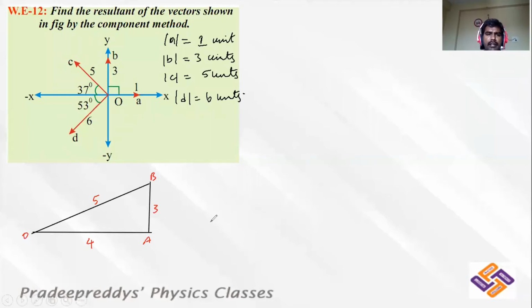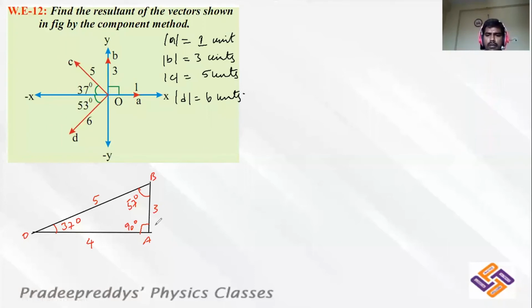If you have a right angle triangle whose sides are 3, 4, 5, such that the smaller side is 3 and the hypotenuse is 5, in such cases the smaller angle of this triangle will be 37 degrees, and the larger angle is 53 degrees. And this is, however, 90 degrees. Now this is the fixed triangle with sides 3, 4, 5. If the sides are 3, 4, 5, then the smaller angle is 37 degrees, the larger angle is 53 degrees, and the other one is a right angle.